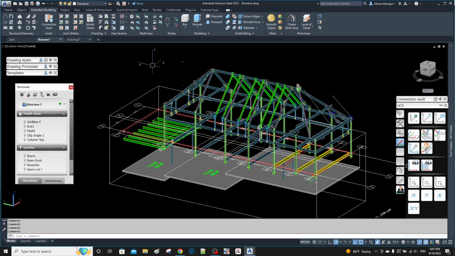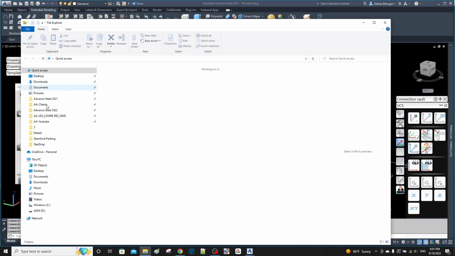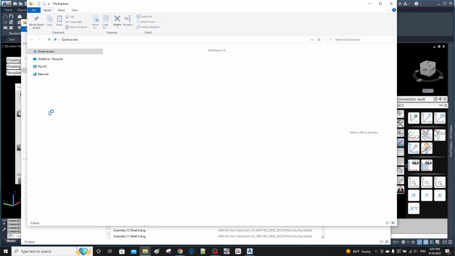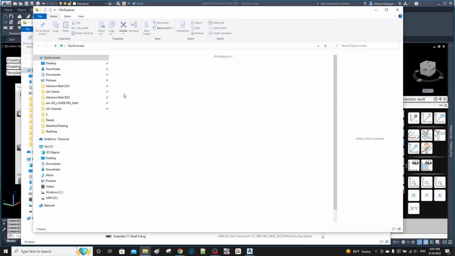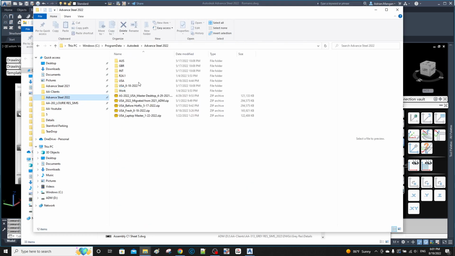and then I'm just going to go back in, because if you go in here, if I go into my advanced steel, sorry, apparently I opened this a couple of times. If I go into advanced steel here, you can see I have my USA folder saved from yesterday. So as soon as I finish recording this, I'll switch back over and then I'll have all my own drawing styles and everything, and it'll be back to my old way. So basically